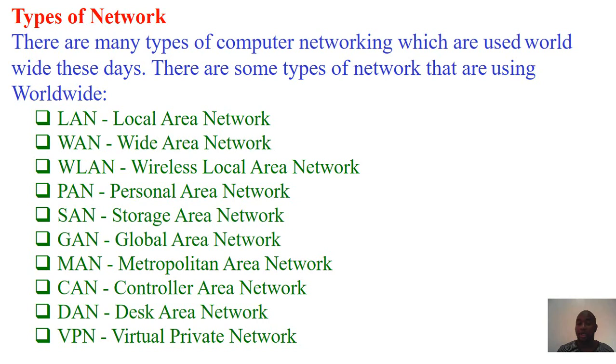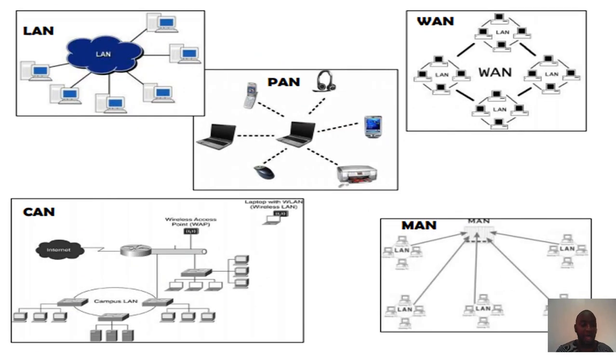We have the control area network, the desktop area network, and a virtual private network. For our case here, we have an illustration of the five major types of networks, and when we discuss the five major types of network, we have the first one, which is very common in